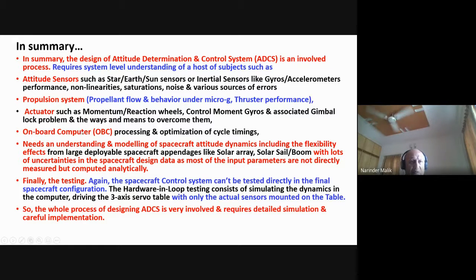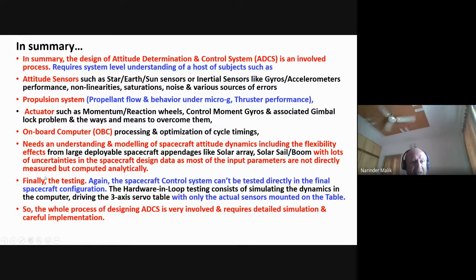When we say onboard computer, we want the cycle time to be minimum. That means from the input the OBC takes to the output, we want to minimize. So we have to optimize. Then we also have to decide at what point in the cycle we take the input from the sensor, so that the time from sensor reading to output is minimum. This is a whole host of interaction requirements.